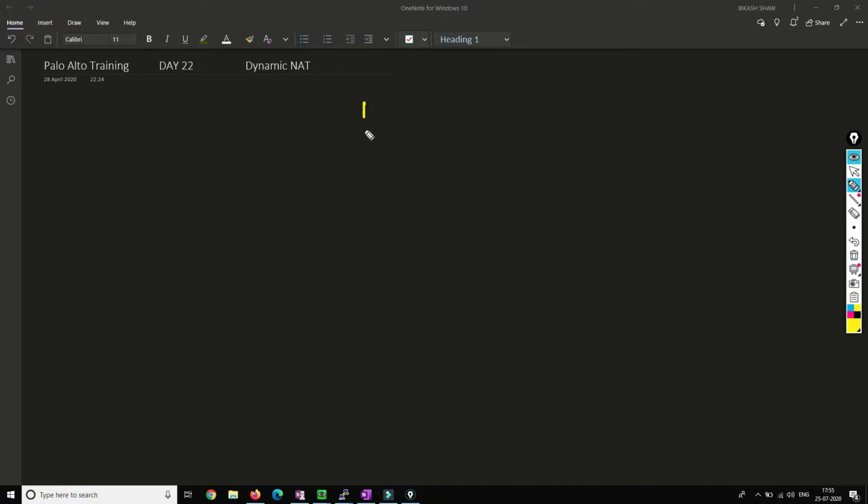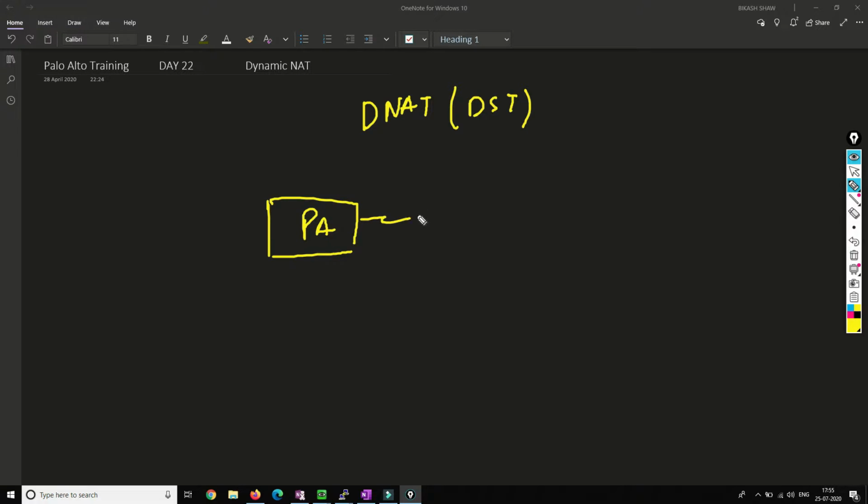So friends, to understand dynamic NAT and what the requirement is for destination dynamic NAT, we have to understand it through a scenario. I'll put up a topology over here.